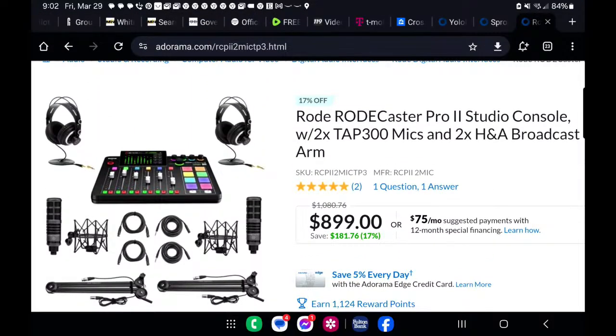And it comes with the headset that I'm using to make sure that my audio is just right. And so for $900, you can have everything you need for a 2-person live stream audio setup,